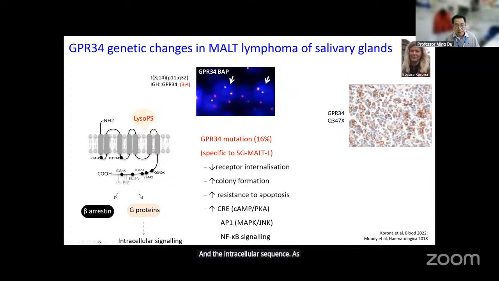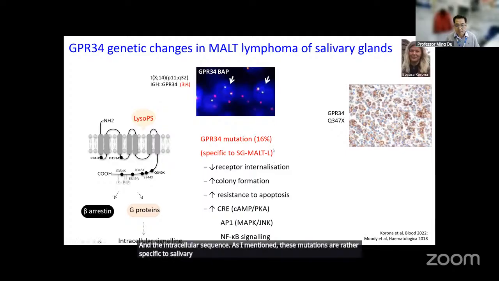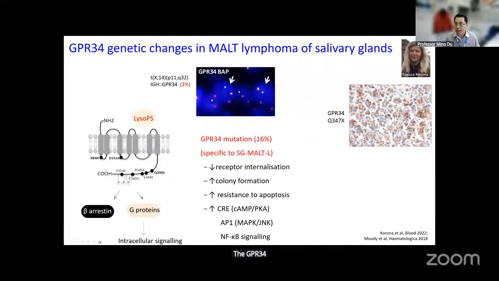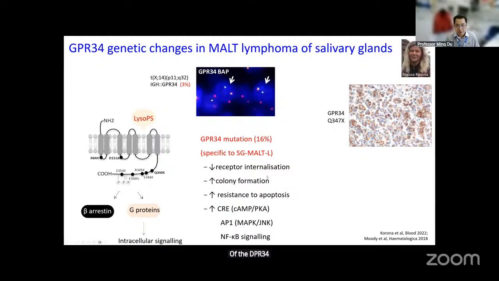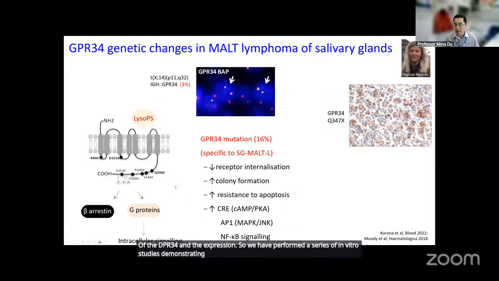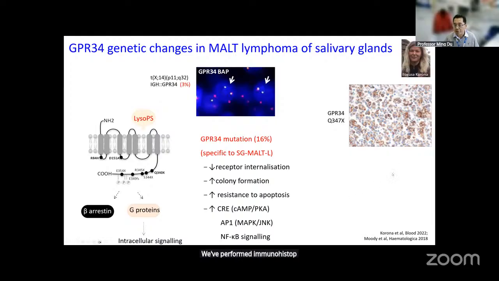As I mentioned, these mutations are rather specific to salivary gland multiple lymphoma, and GPR34 is also targeted by a translocation involving the X chromosome and the immunoglobulin heavy chain locus, which upregulates GPR34 expression. So we performed a series of in vitro studies demonstrating these are activating mutations that can activate GPR34 functions. We performed immunohistochemistry and demonstrated